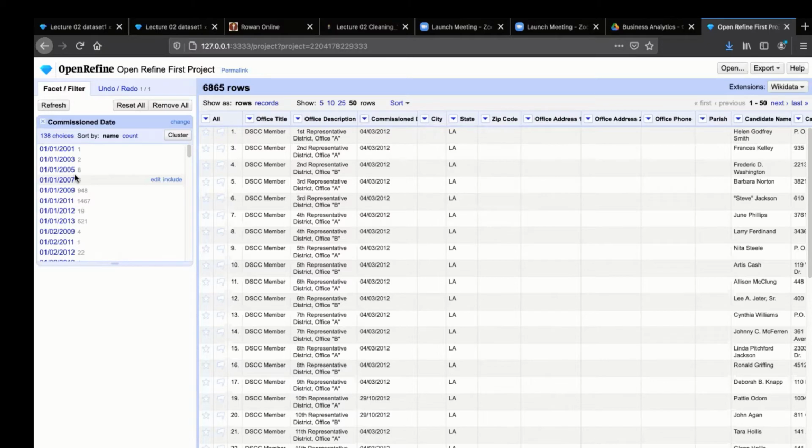January 1st, 2001, there's one row, and January 1st, 2003, 2 rows, and 2005, 8 rows. And look here, January 1st, 2011, 1,467 records. So we can see various dates, probably the election date or the date they were elected or